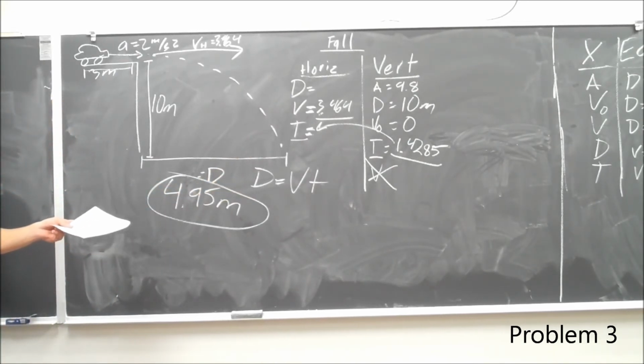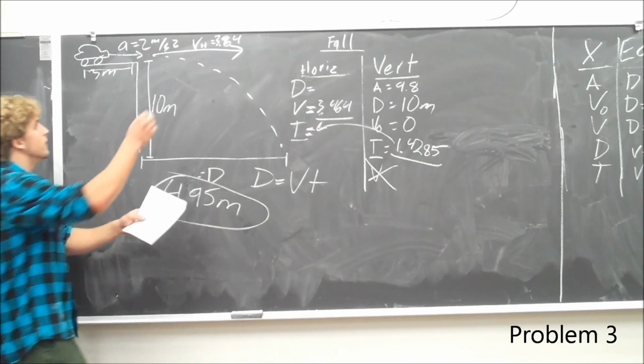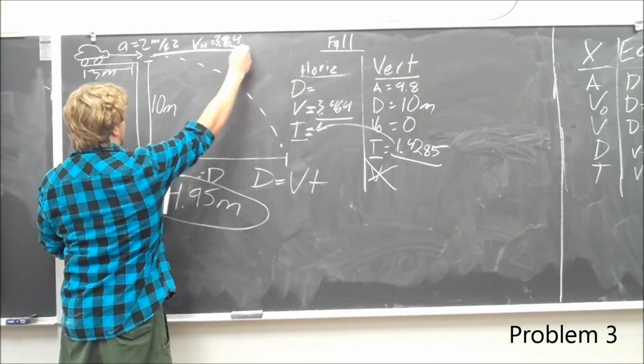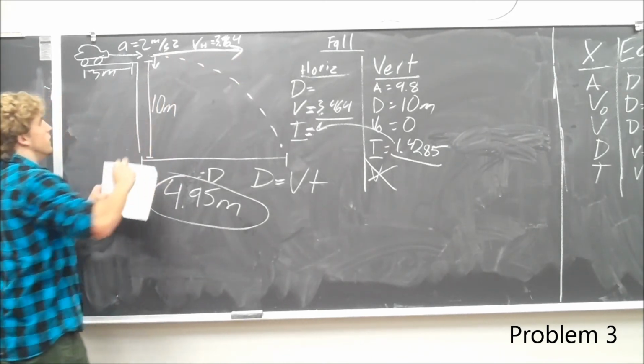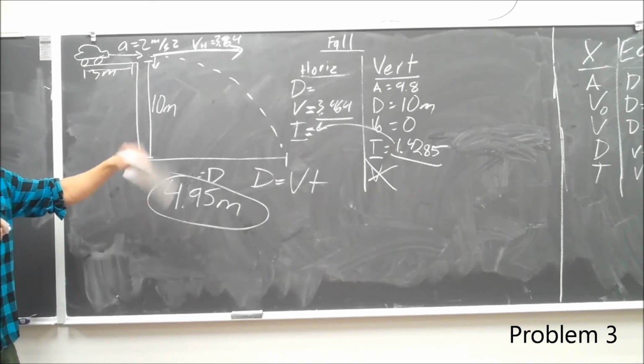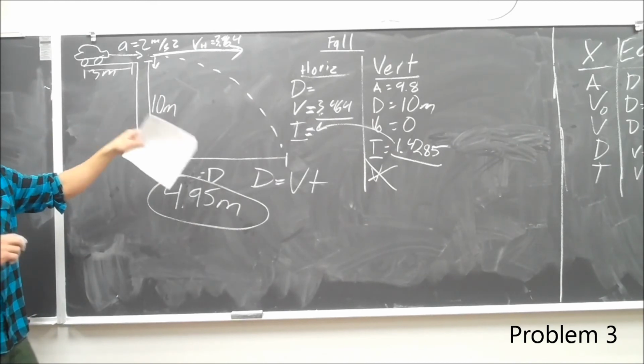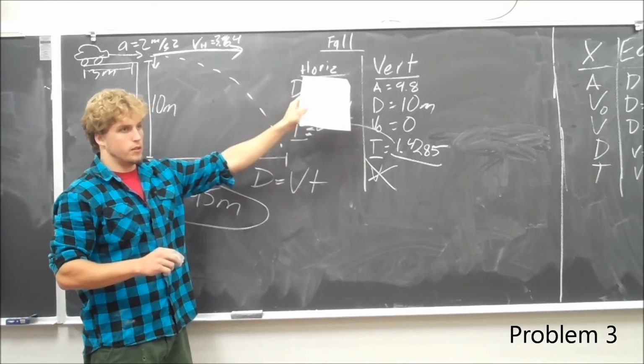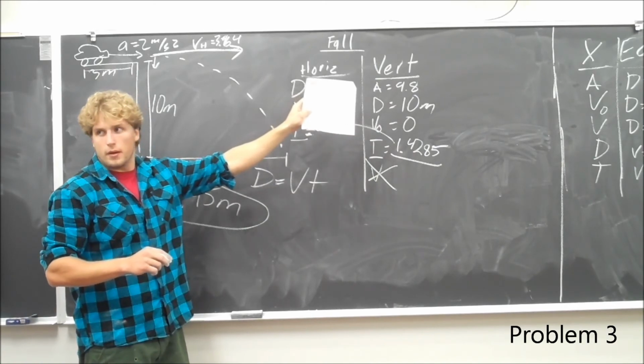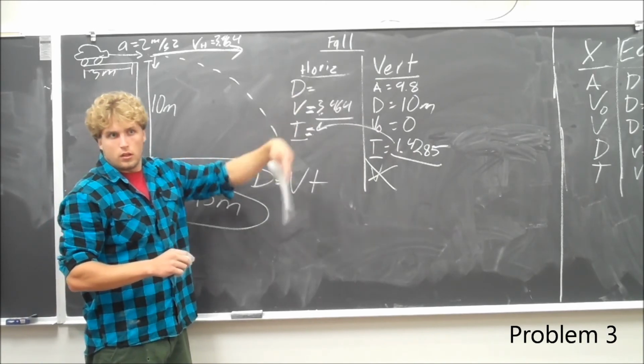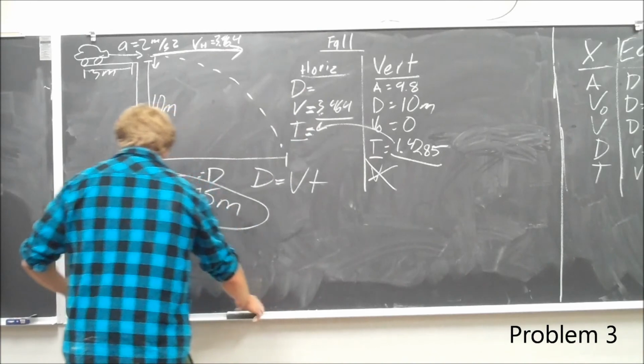Cool? Yes? Why is the initial velocity 0 if it leaves at a velocity of 3.46? Because this is only horizontal. It is not going at all down or up, and this is the vertical that we're addressing. Does everybody get that? Cool. Moving on to